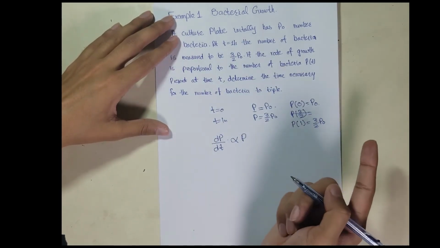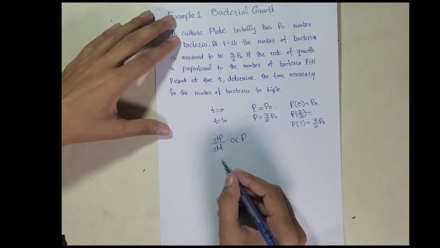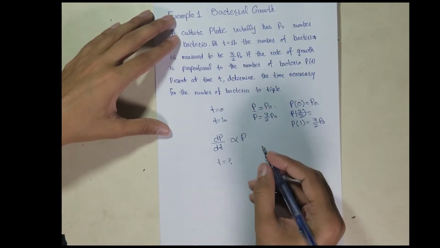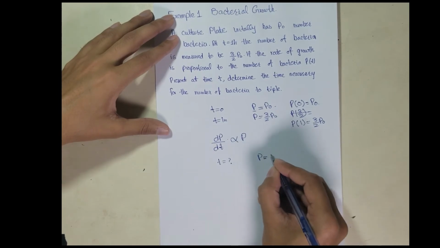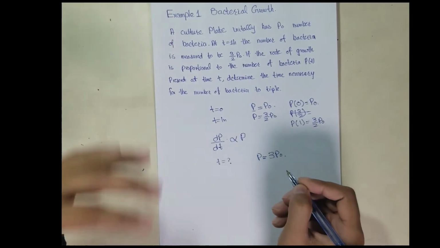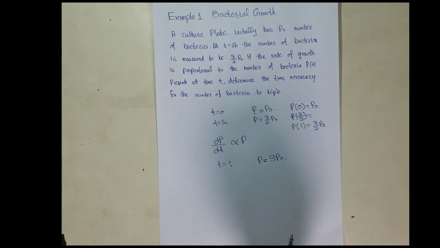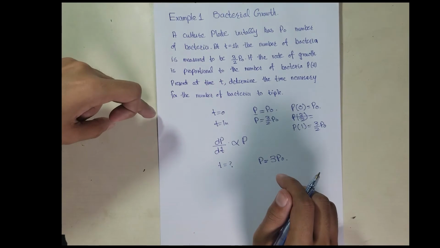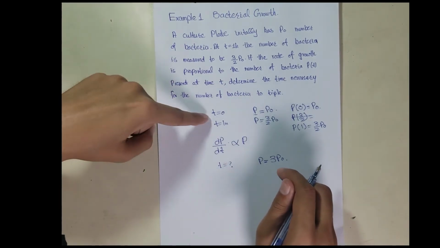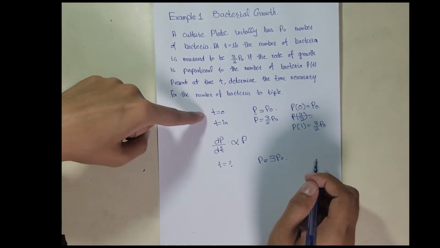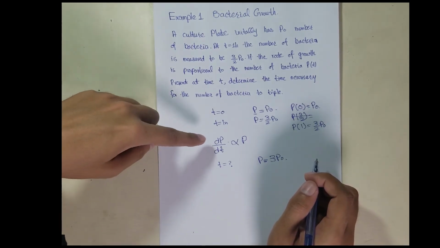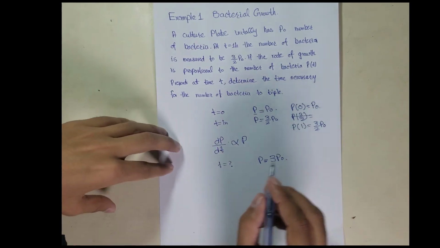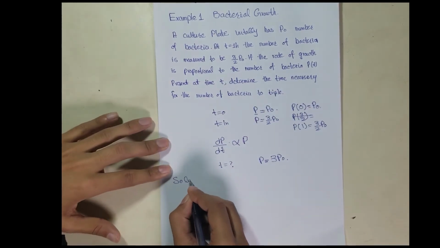What we are asked is to determine the time necessary for the number of bacteria to triple. So the bacteria will become 3 times the original number of bacteria present. In order to solve the question, you have to understand that you will find two initial value conditions, two conditions for two constants, and another equation, and that is a first order differential equation. Now we write the solution.